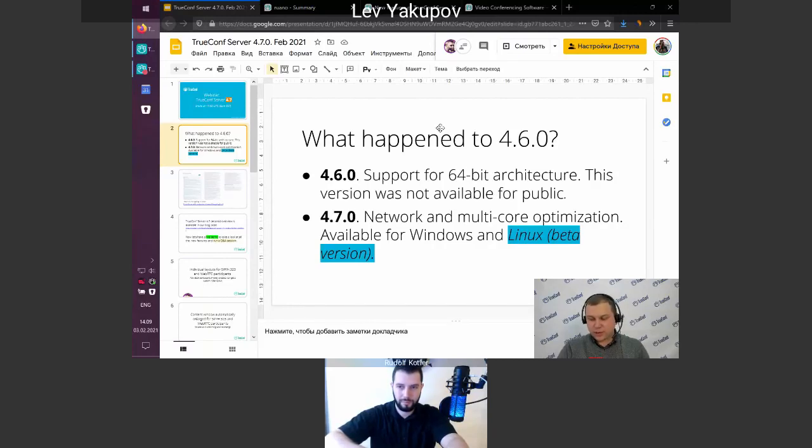So it is now possible to have 2 or 3 conferences with more than 100 participants in each on the same machine. Those optimizations are not visible for your users, but it took us a lot of effort and work to make this happen. And now we believe that Tricon Server is one of the best optimized video conferencing solutions on this planet, because it can output huge bandwidth and deliver video conferencing service to a lot of participants from a regular computer, which is very, very efficient.